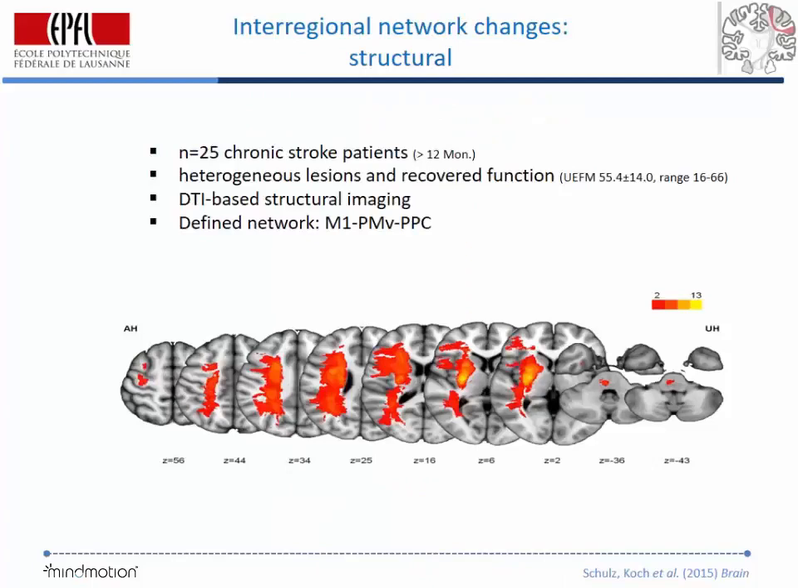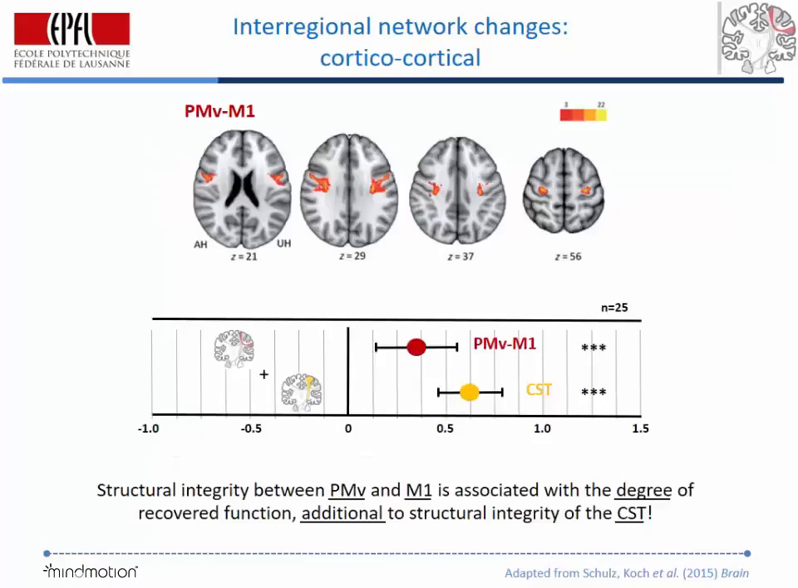We addressed this question in a study where we used 25 chronic stroke patients with a relatively heterogeneous lesion profile and functional profile, and we defined a network from primary motor cortex, PMV, and PPC. We looked at whether, in addition to the prediction by the corticospinal tract, other connections might have an association with the residual motor function. And as you can easily see here, as expected from different studies and from clinical work, the corticospinal tract is strongly associated with residual motor function. However, on top of this, independent of this, the ventral premotor to primary motor cortex interaction seems to be associated additionally with